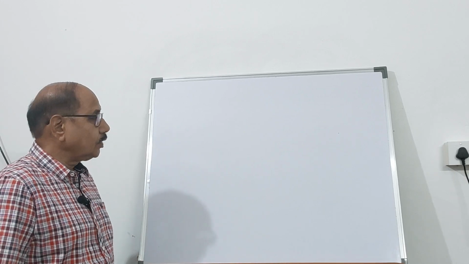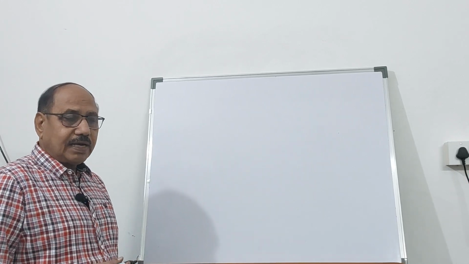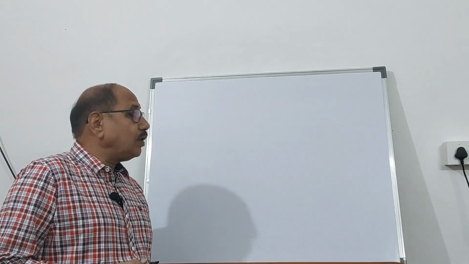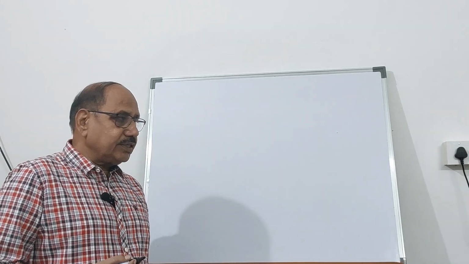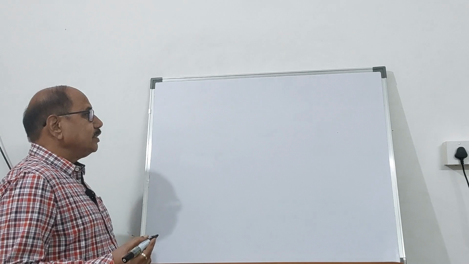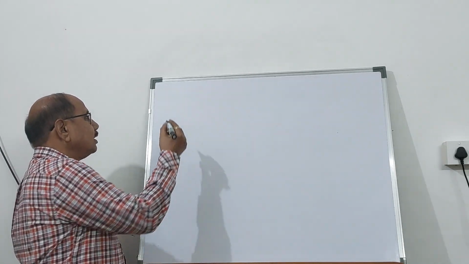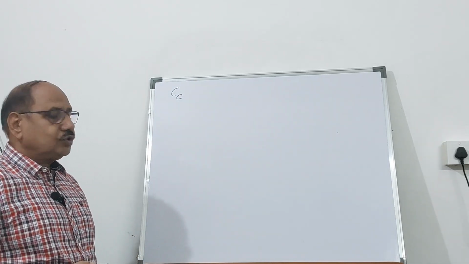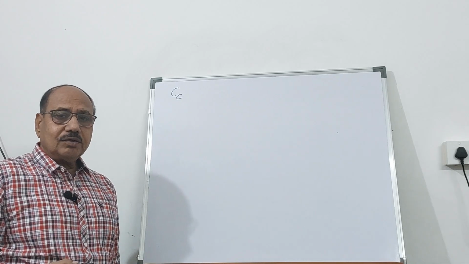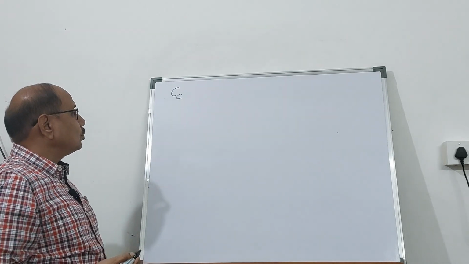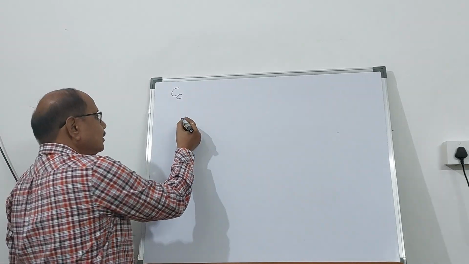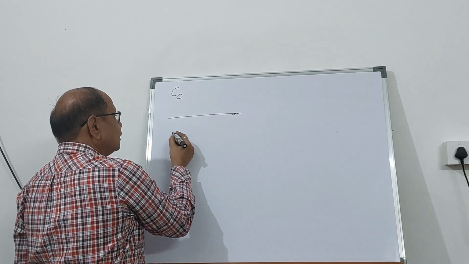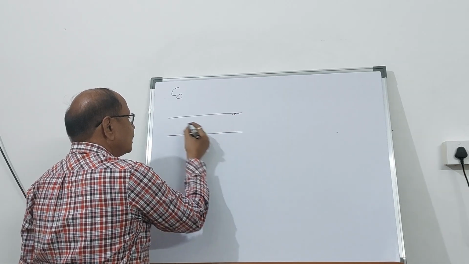Hello, friends. Today we are going to apply the concept of compression index for calculating the consolidation settlement. In the last video, you have seen that Cc, the compression index, can be used for normally consolidated clay. So, if you have a normally consolidated clay, let's say the site condition. At a site, you have got, say,